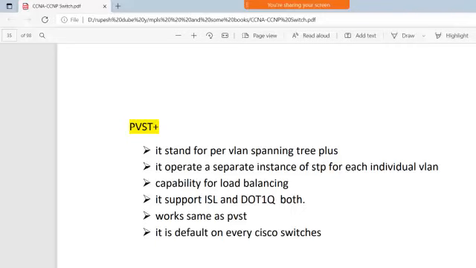It supports ISL and .1Q both, so the trunking encapsulation protocol supports ISL and .1Q both, works the same as PVST. It is the default on switches, which means the default protocol you will get on switches is PVST plus.